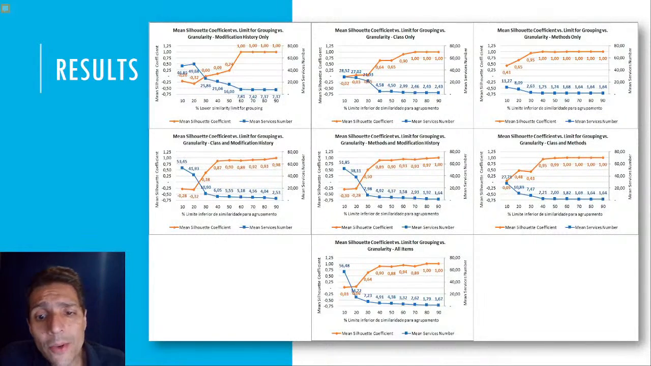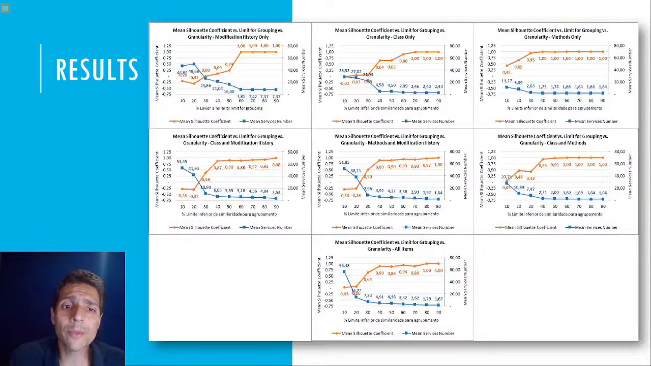So you can see that the silhouette coefficient provided a way to analyze and visualize the quality of the decompositions. You can choose by the similarity coefficient and the silhouette coefficient how you want the intersection between your microservices to behave. If you want low coupling, higher coupling, how you want